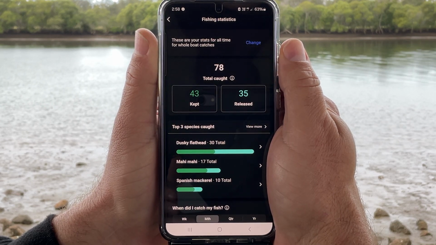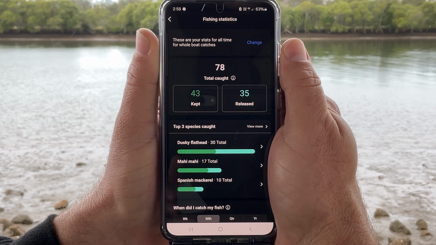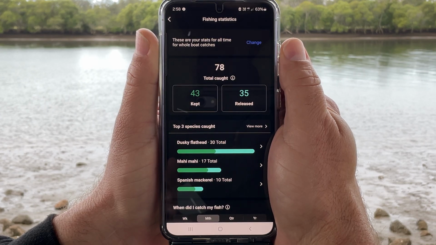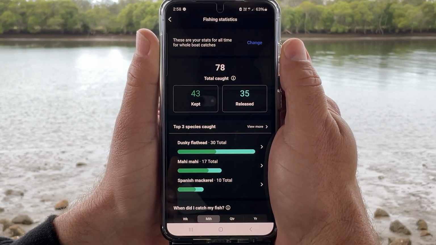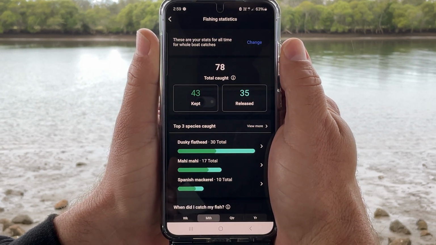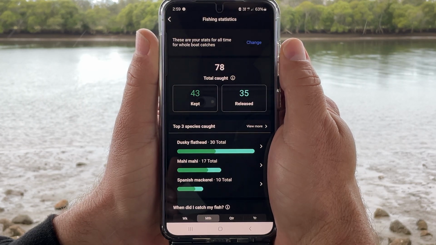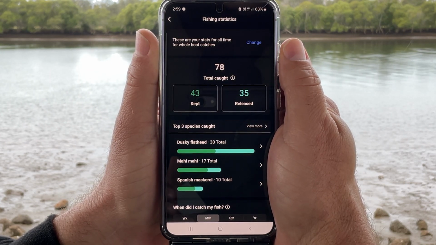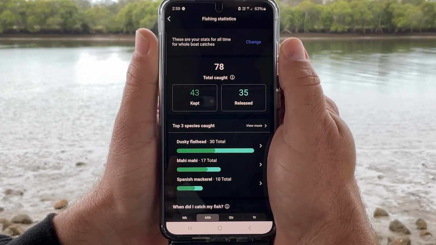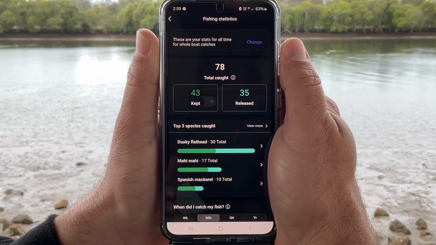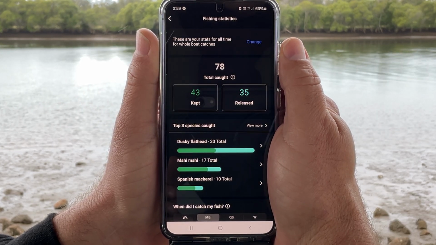The first section of the My Fishing Stats page shows you a summary of the total number of fish caught for all species, as well as your total numbers that were kept and released. The next section shows the top 3 species that you have caught for all of your filtered fishing trips. The coloured bars show a visual breakdown of the kept amounts in green versus the released amounts in blue for